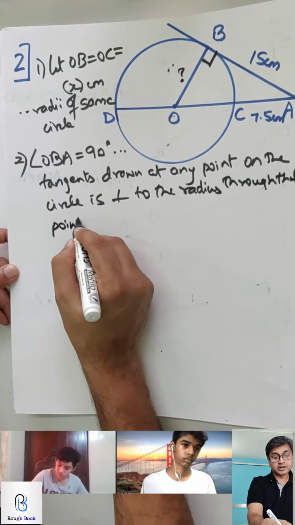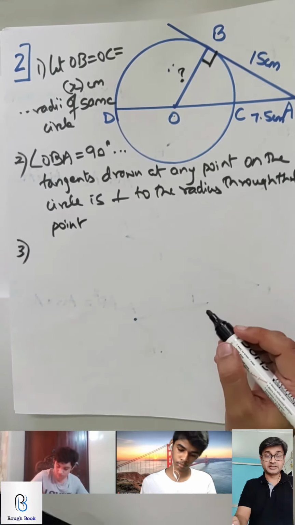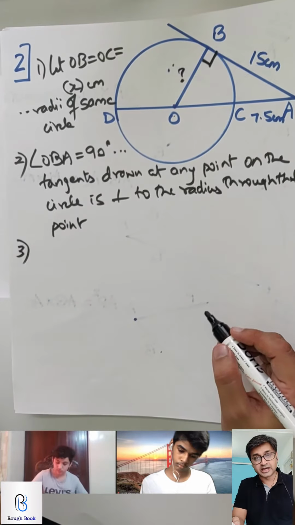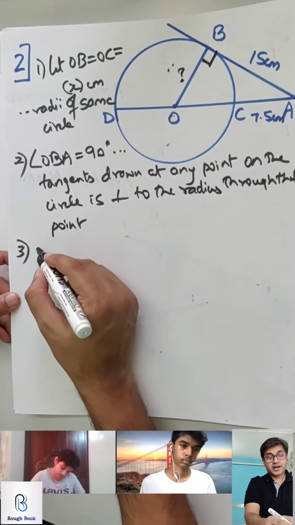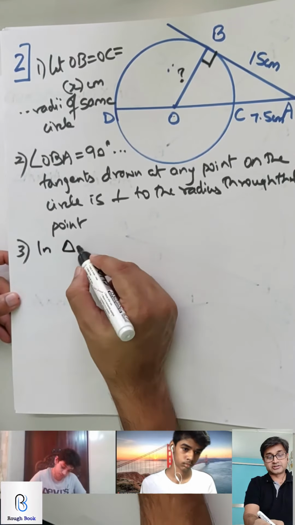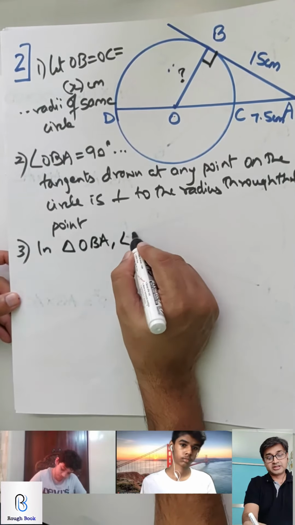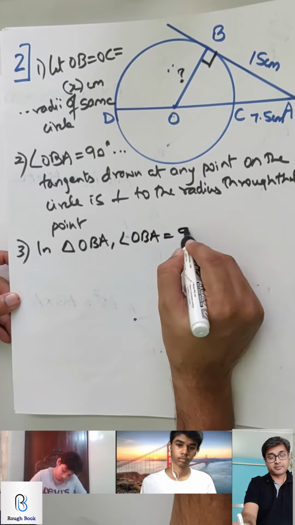So when you learn and when you are able to write, it becomes very simple. Therefore, you should write it right now entirely so you gradually pick it up. Okay. So we got this 90 degree, and now we can jump into the triangle, that is triangle OBA. And we can say angle OBA is 90 degree, apply Pythagoras.